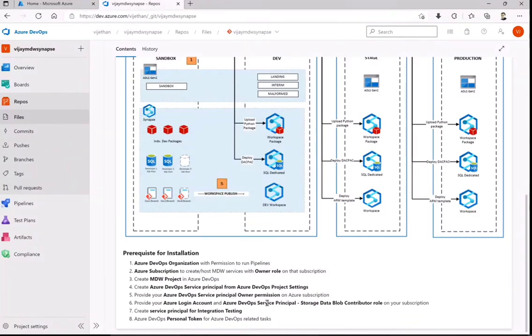Also, you will see that as we are working with the data, the storage layer, or the data lake layer, is more important from how we perform the upload and any further operation like cleansing and everything. Whatever you do, it requires n number of things to be done on that data layer for these components. That is the reason I've clearly mentioned, along with your login account, we also need an Azure DevOps Service Principal with a storage blob contributor role on your subscription.